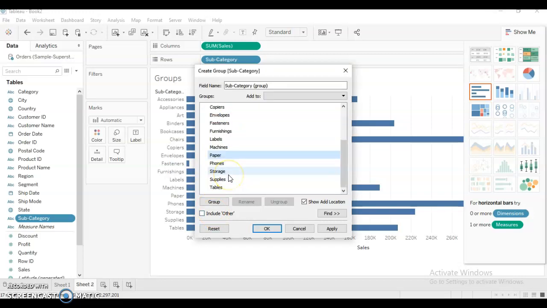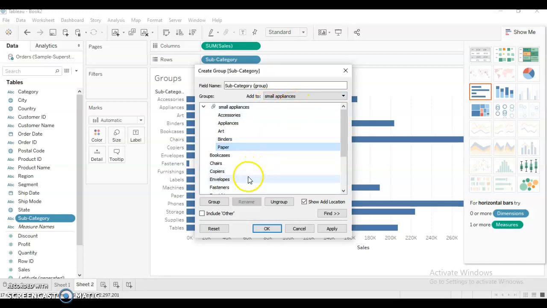Select paper, and you can see the option add to over here. As soon as you click, you will see the group name, and selecting that, paper is automatically added to the group. Now my group contains five subcategories: accessories, appliances, art, binders, and paper. This is how we create a group.